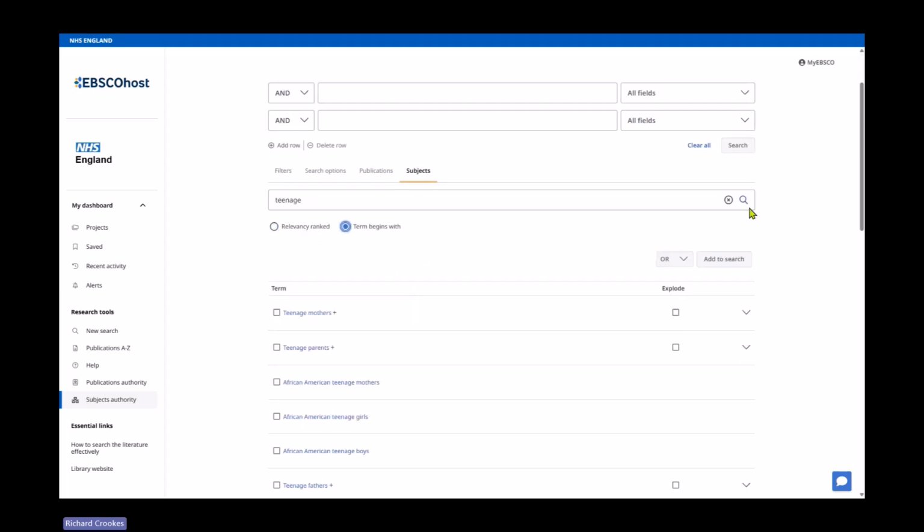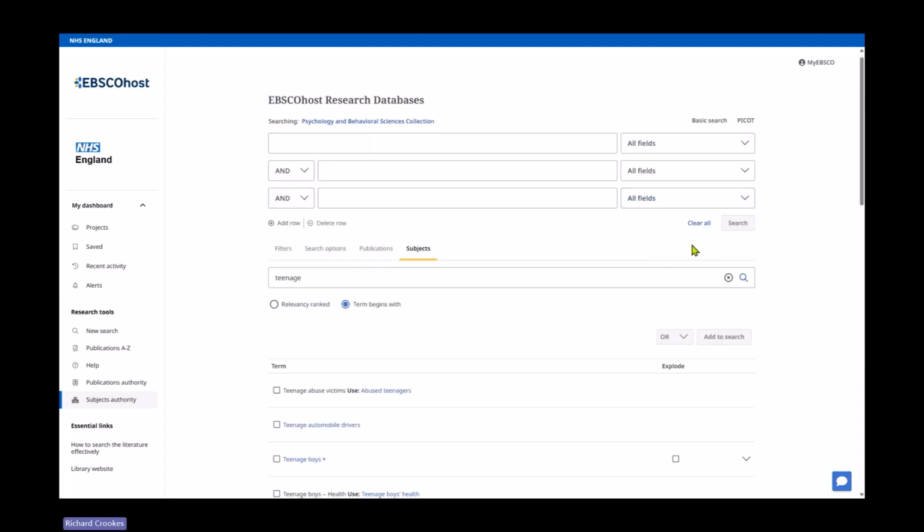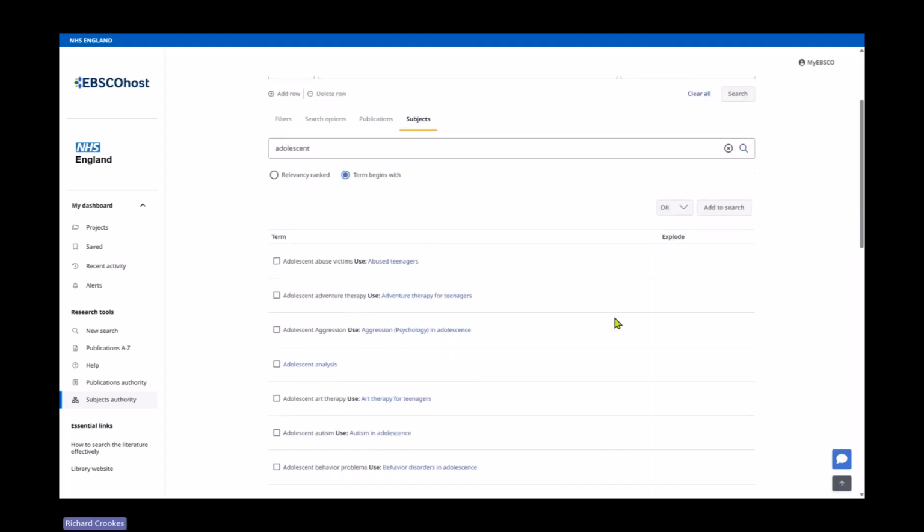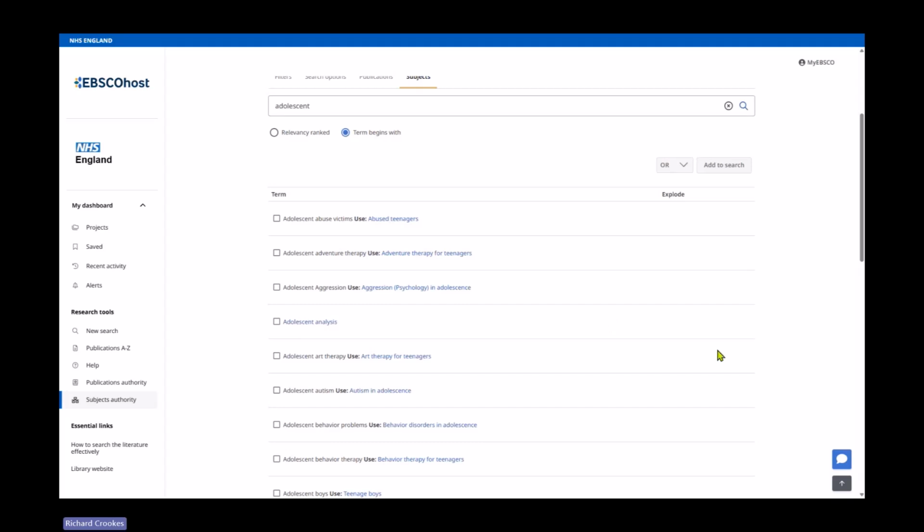And in fact, let me just, the term begins with here. Let me go back a step here. I'm going to do adolescent. Again, you're not always going to know what the different approach is. Okay, so we've got some here, and